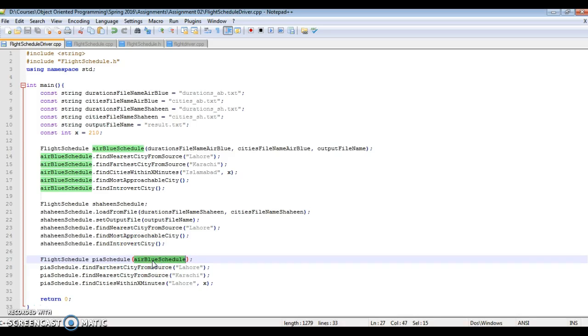Okay, so this is the copy constructor that you need to create, which will copy the schedule of airblue into the PI schedule. You have to think about what code you should have in the copy constructor. Let me give you a hint: there's no need to actually keep the file names as members,